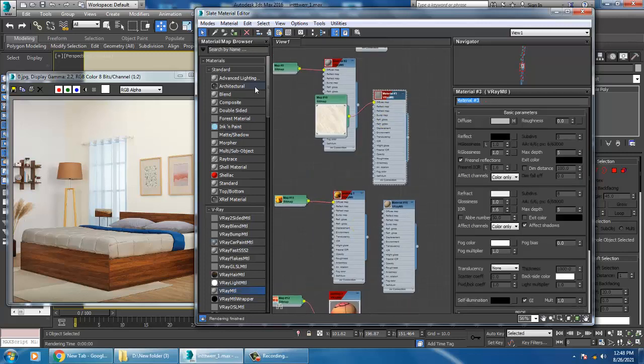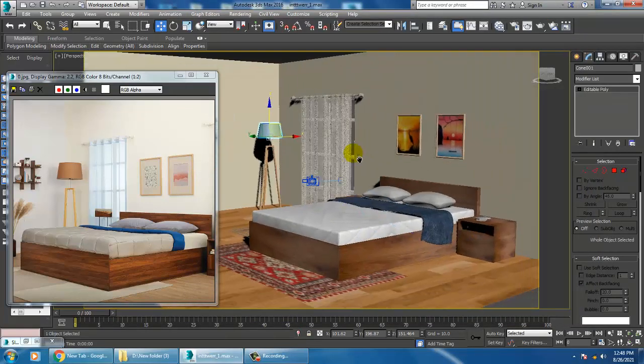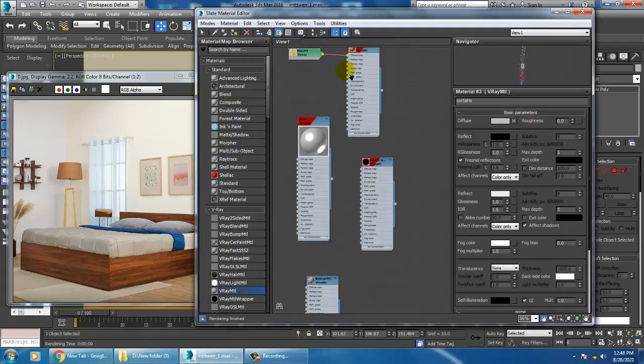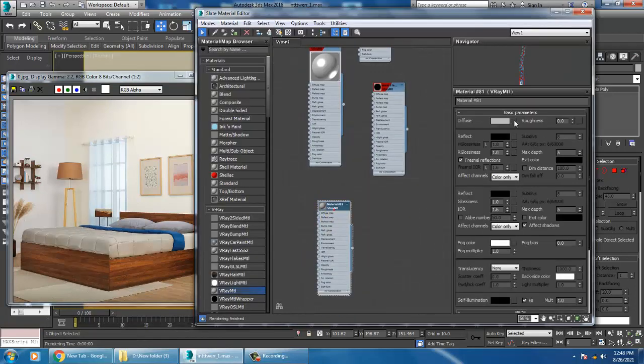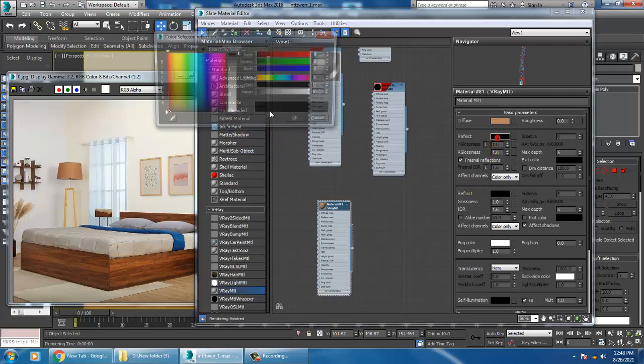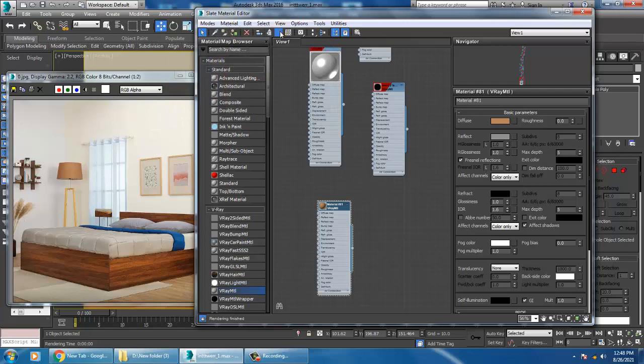So rename it. Alright. So just save your file again. Go into the material. Slightly give some reflectivity. Assign that.